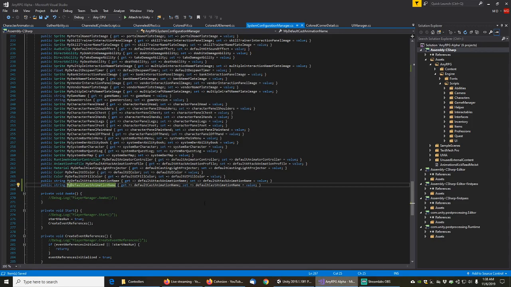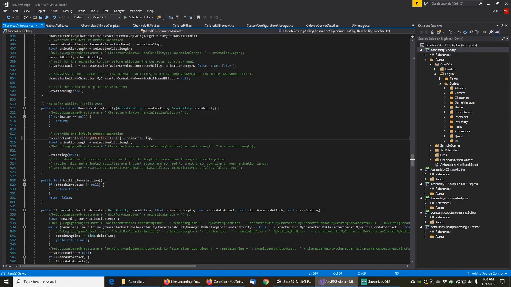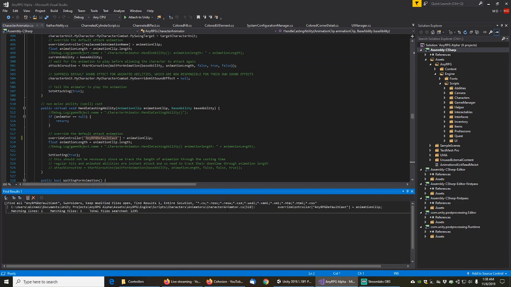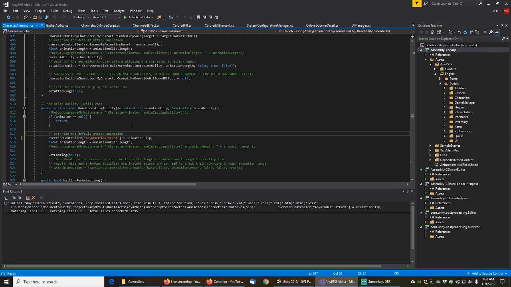And then we'll go back into the code here, and in our animator right here, let me just check if I have that anywhere in the project. So find that string in the entire solution. Good. This is basically the only place I have it. Okay, so